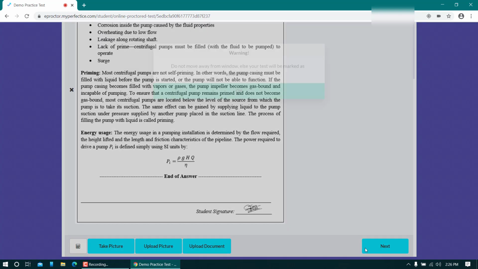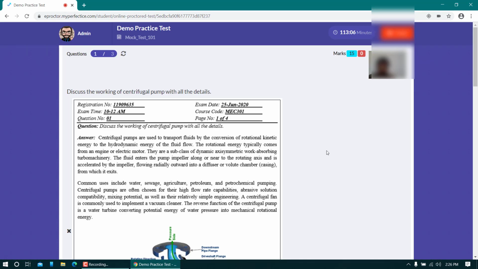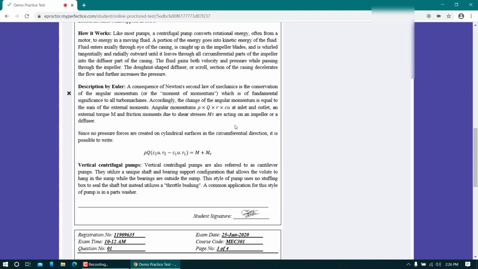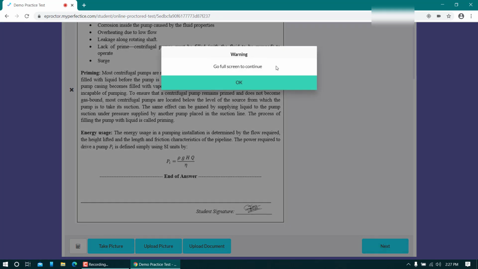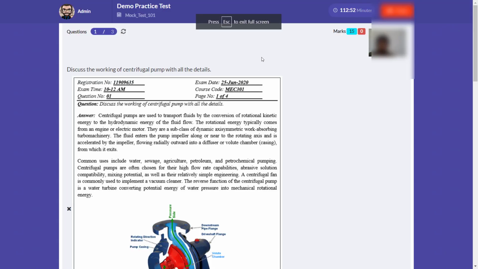Okay, and then once I have uploaded all these pictures, I need to go to the full screen, otherwise I won't be able to move to the next screen. So if I click on next, you can see it will ask you to go to the full screen, so I can click on OK, and the moment you click OK, you will go to the full screen.